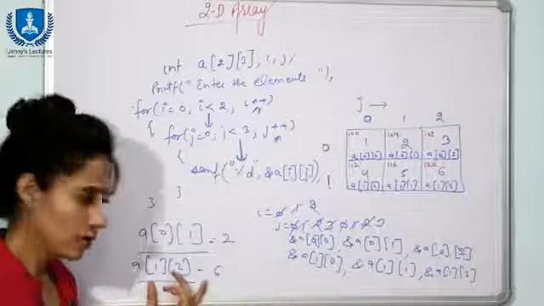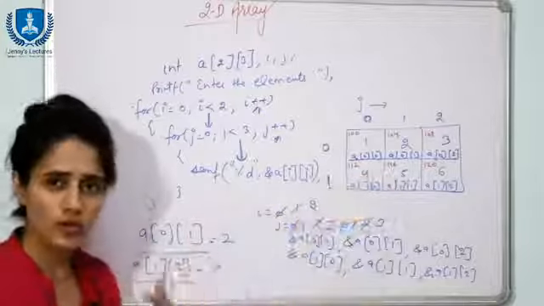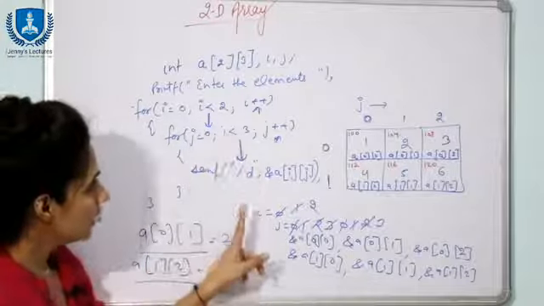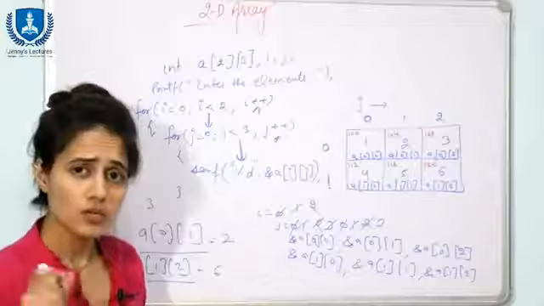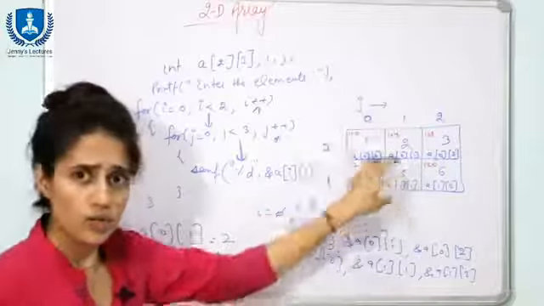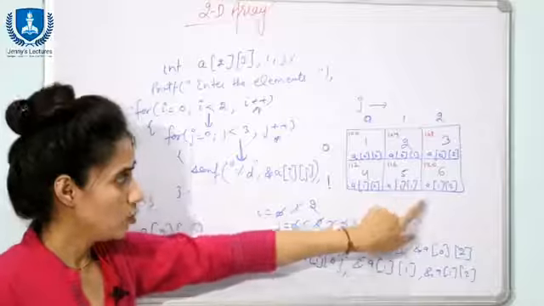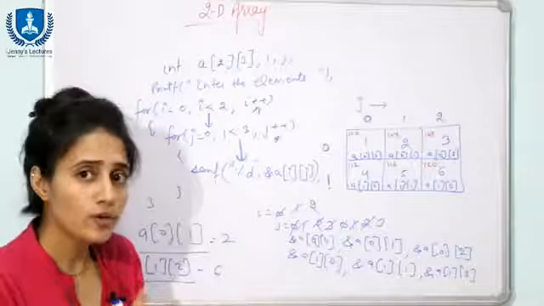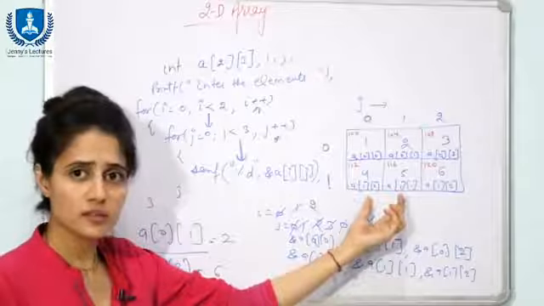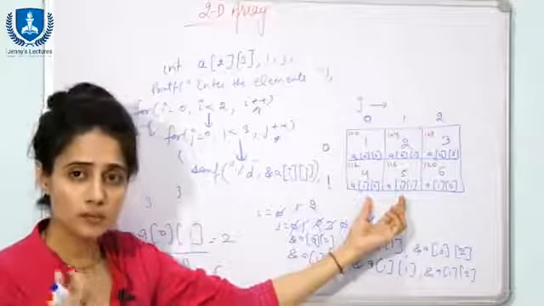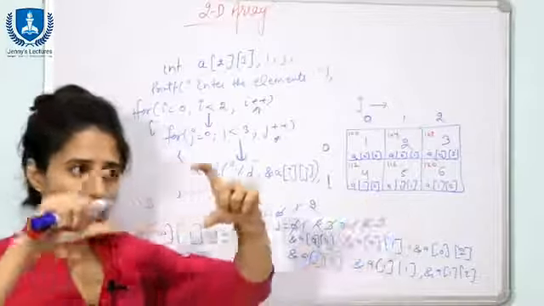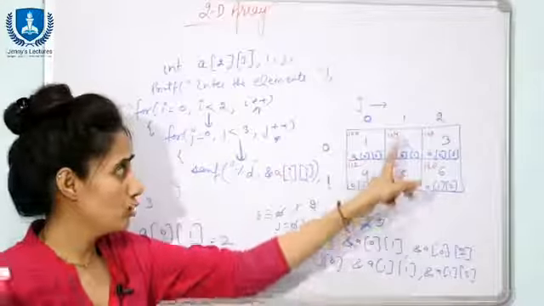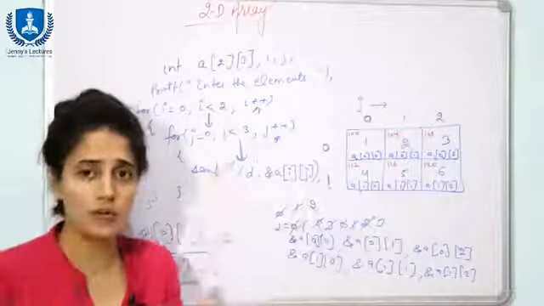Fine. I am going to tell you how the address is calculated, what the formula is. So this is how we are going to initialize this 2D array at runtime. Now see, here on the board I can draw an array something like this, but in computer memory you cannot store an array like this, because memory is only a long tape of bytes, having only one dimension. We cannot store something like this in square or matrix form.